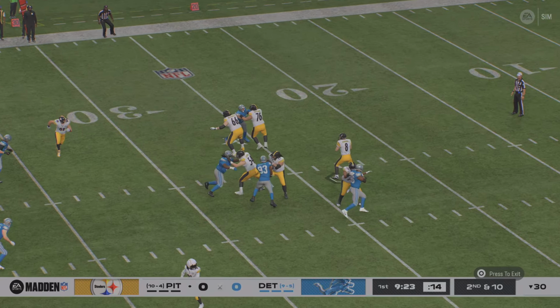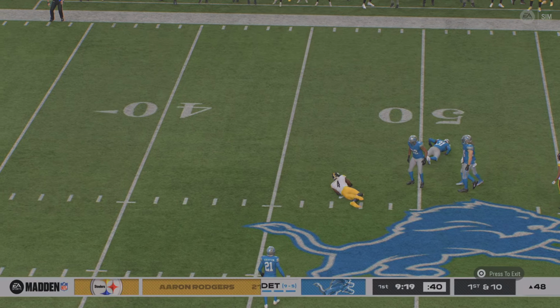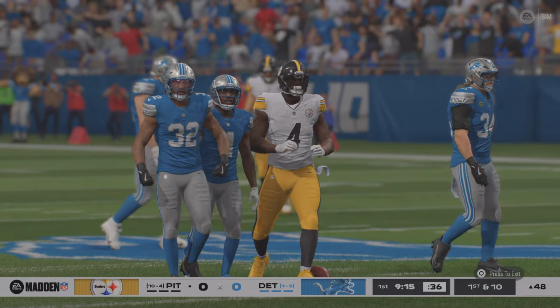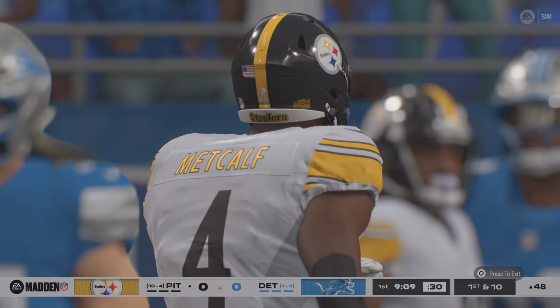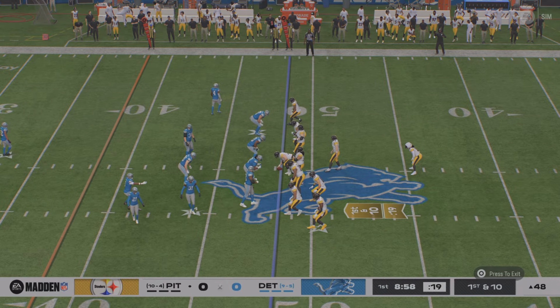From the shotgun, here's Rodgers. Gets it downfield, on target to Metcalf. And they're all the way across midfield before he's brought down. That chunk worth a nice 21 yards. And the Steelers have a first down. First and 10 at the 48-yard